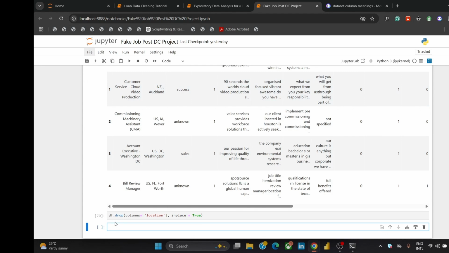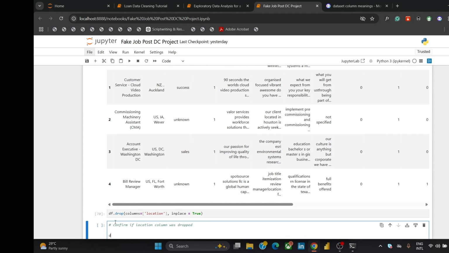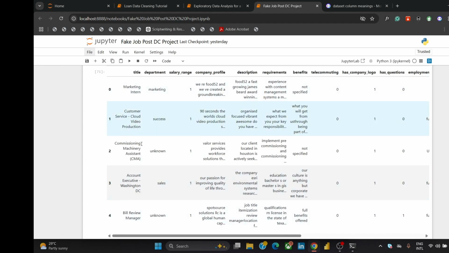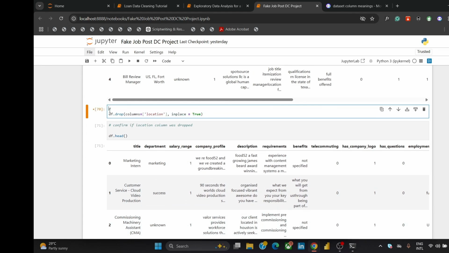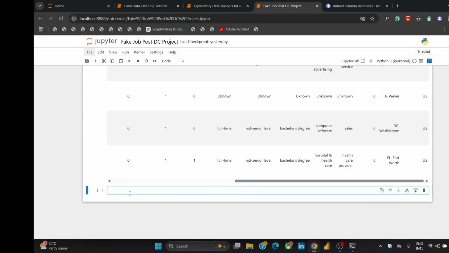Now let's go ahead and confirm if the location column was dropped. To do this, we say df.head. Now let's run this. So as you can see, the location column has been dropped, right? Now I always like doing this. Okay, drop location column. Now, the next thing I would like us to do is I would actually like us to remove